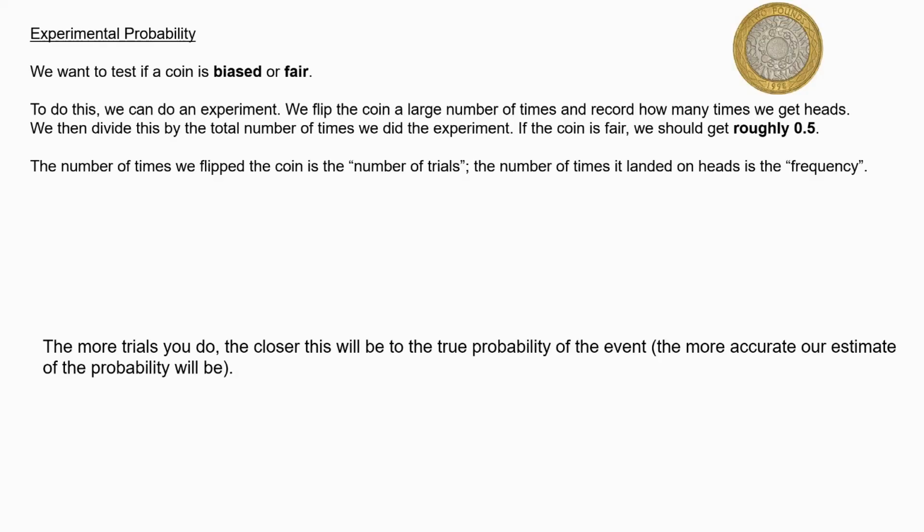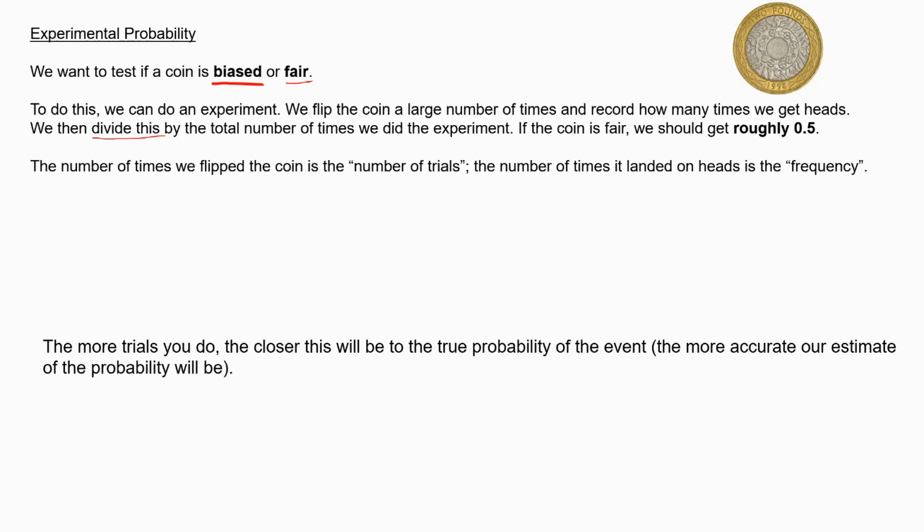Imagine if we wanted to test whether a coin were biased or fair. To do this, we could do an experiment. We could flip the coin a large number of times and record how many times we get heads. We would then divide this by the total number of times we did the experiment, the number of flips or the number of trials. If the coin is fair, we should get roughly 0.5 because we would expect half the